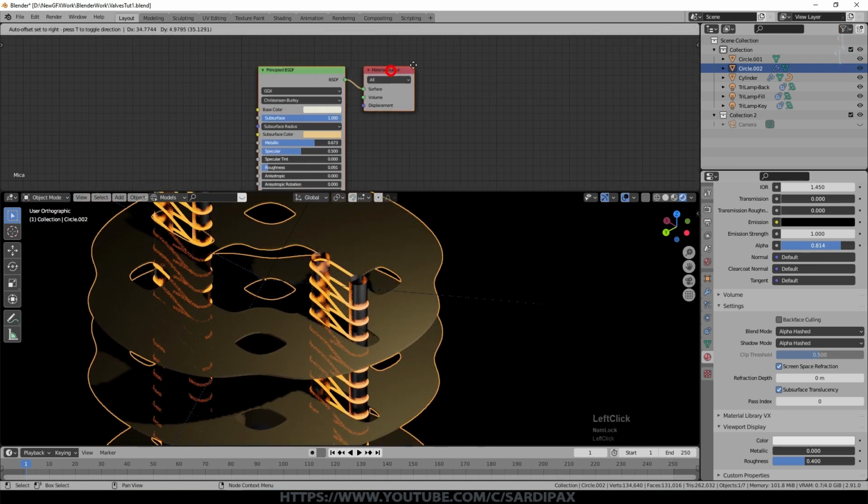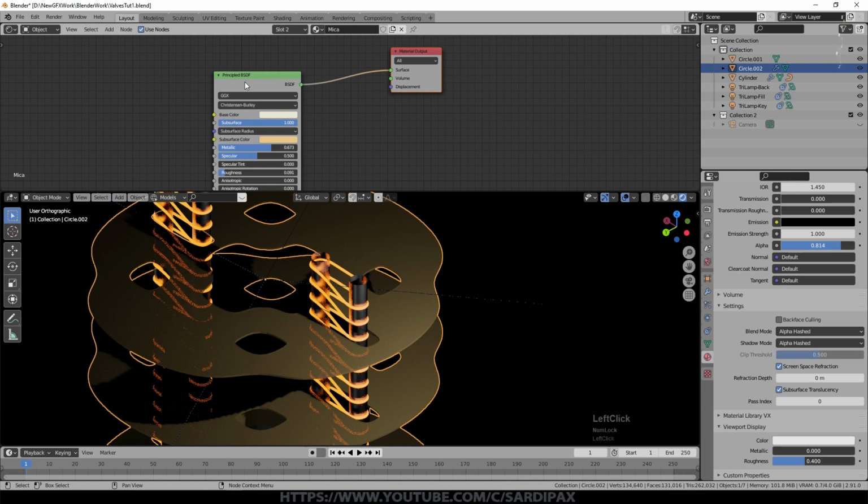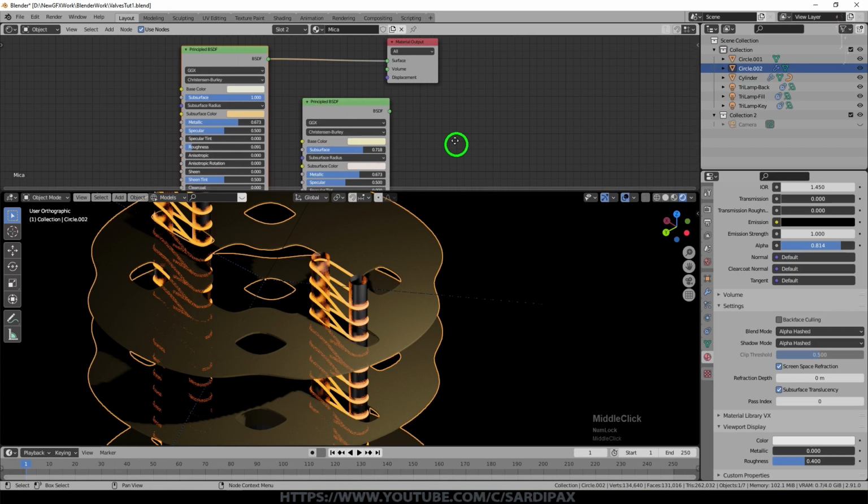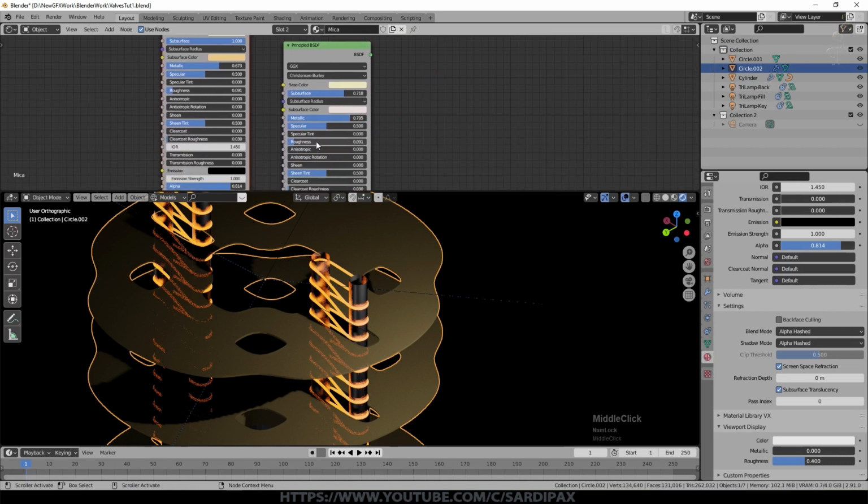So in order to get sort of slight variations in the material, I added a copy. So Shift D and copied that principled shader. This time I set a different subsurface colour, a much lighter colour, and at a lower level, and a slightly yellower surface colour or base colour, slightly higher metallic setting, and I added some anisotropic. So this is where you get a sort of brushed metal effect and turn roughness up slightly.